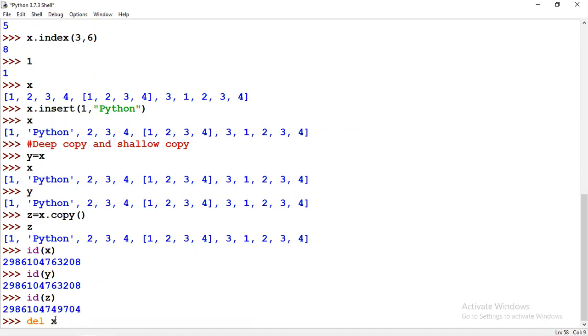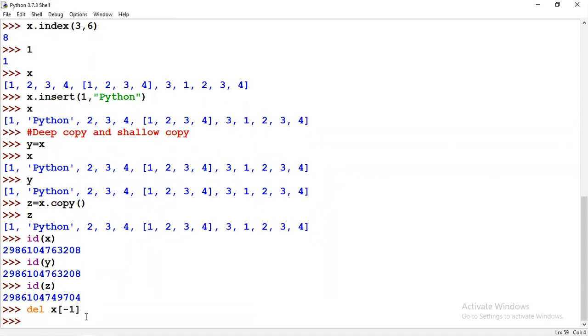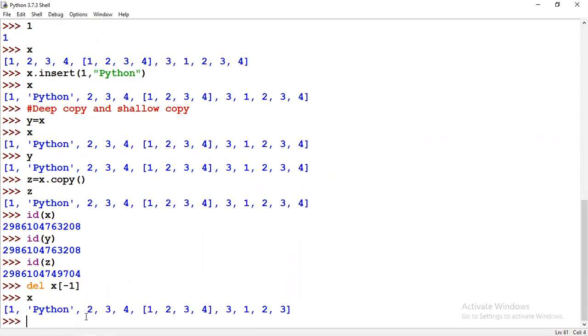Delete x[-1]. Here I am just using an index position to remove. So delete x[-1] means it will delete the last value from the sequence, correct? Now see, the last value is removed.